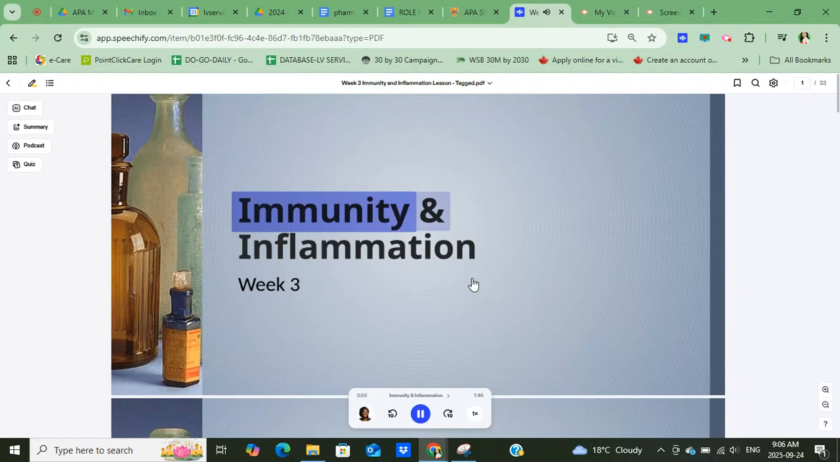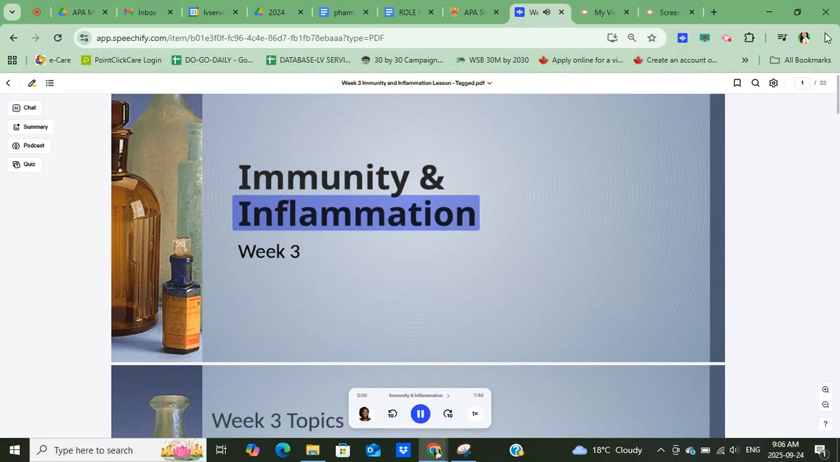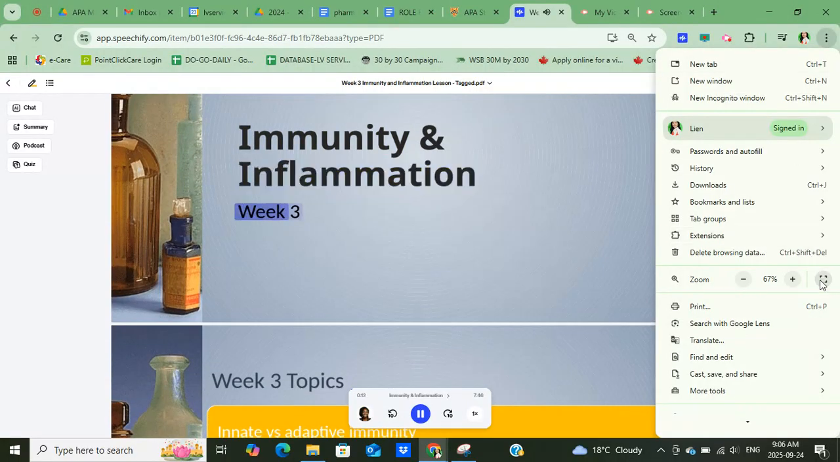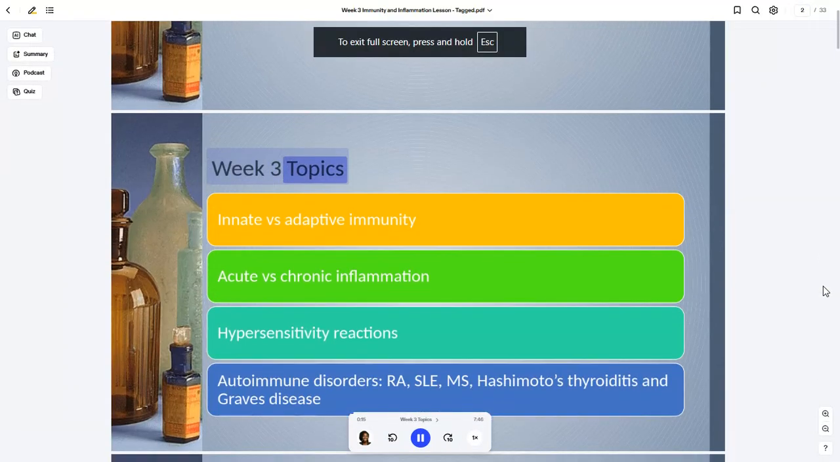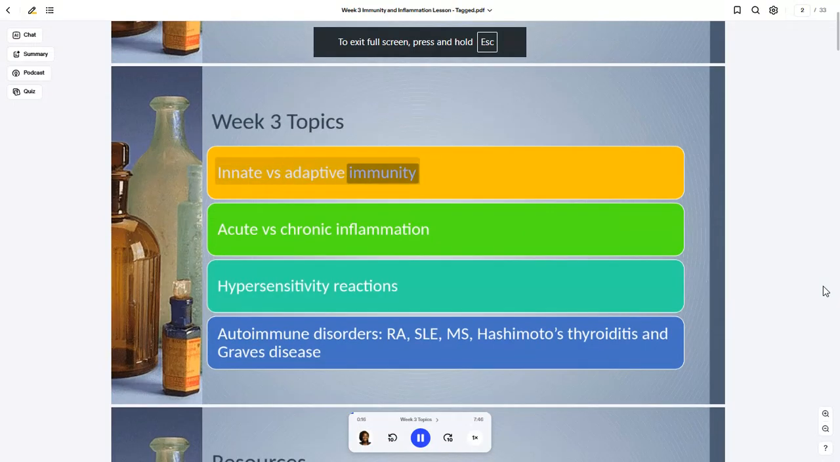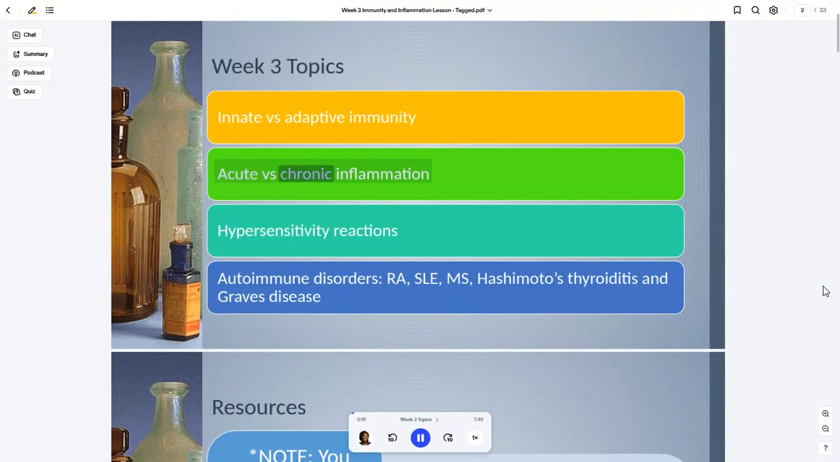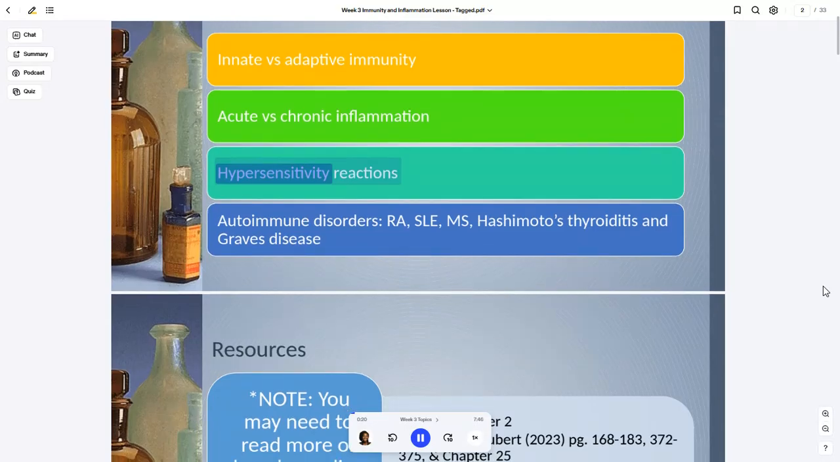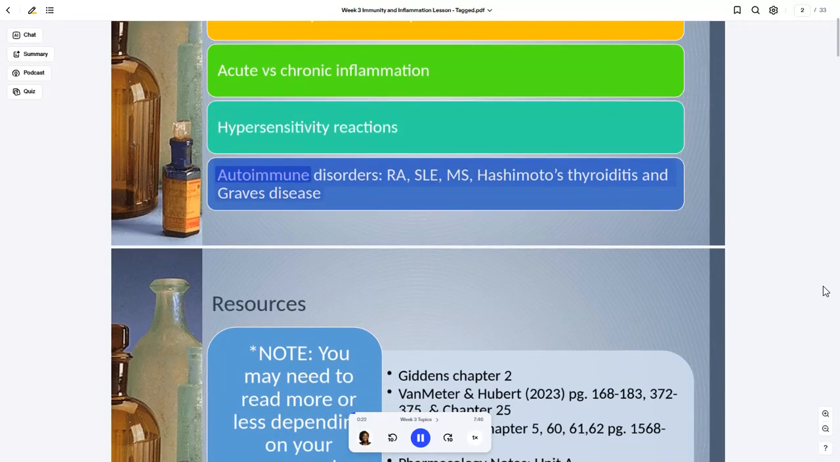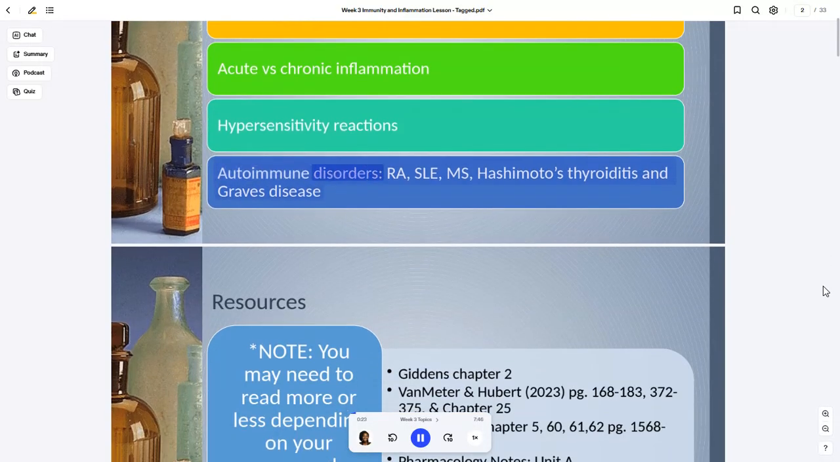Immunity and inflammation. Week 3. Week 3 topics: innate versus adaptive immunity, acute versus chronic inflammation, hypersensitivity reactions, autoimmune disorders, RA, SLE, MS, Hashimoto's thyroiditis